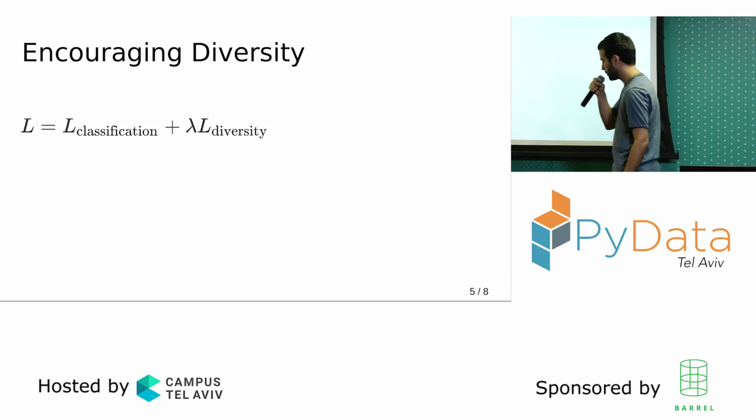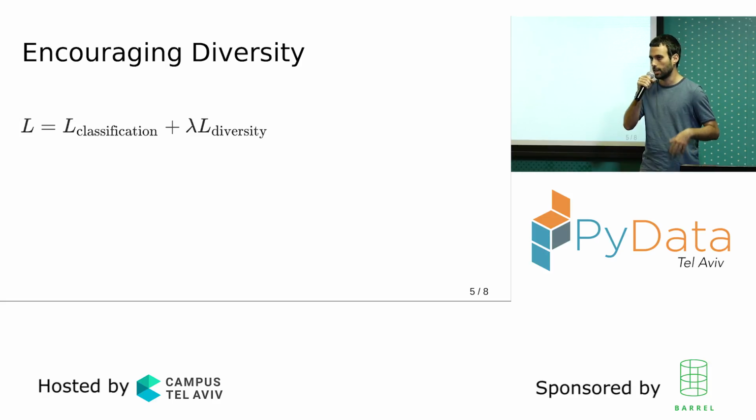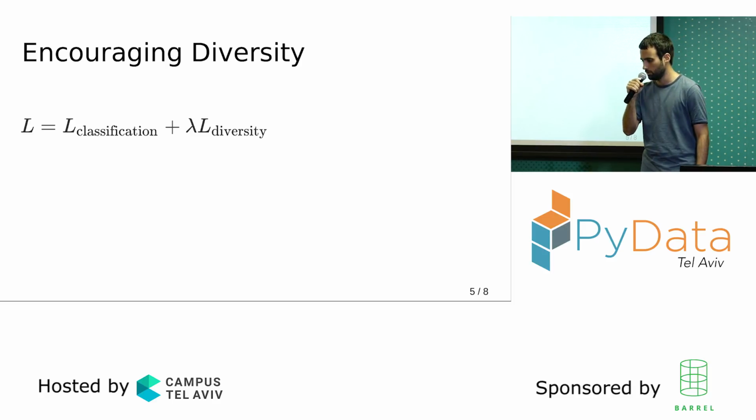Now, if I train like I just explained, I run into a problem, which is that the hypernetwork learns to ignore the input and always generate the same output. I'm not interested in that because I lose the ability to generate a lot of different weight vectors using my hypernetwork. So to solve this problem, what we need to do is add